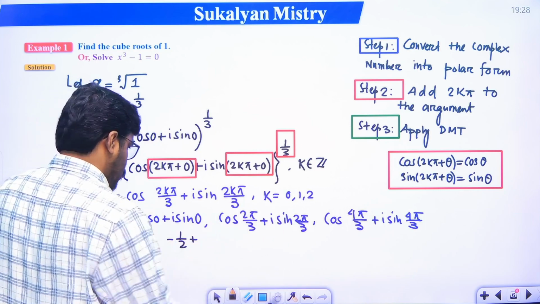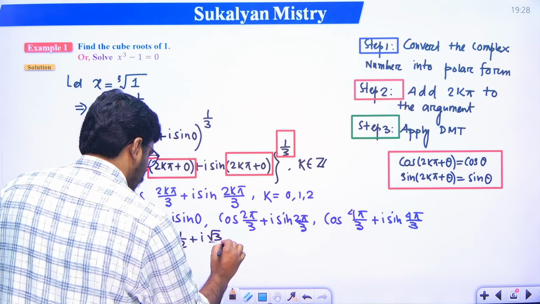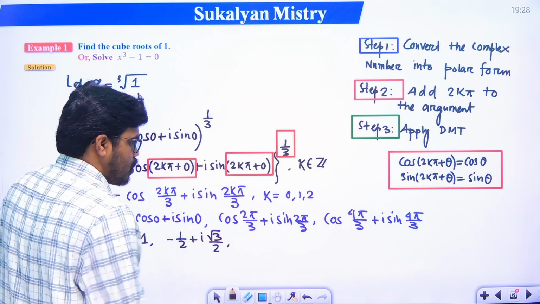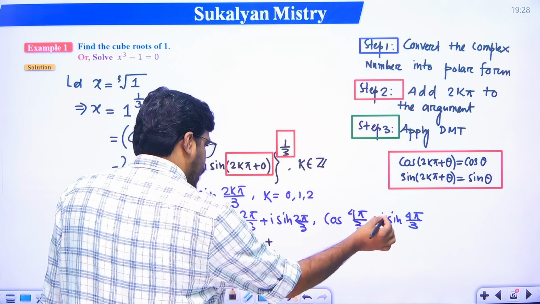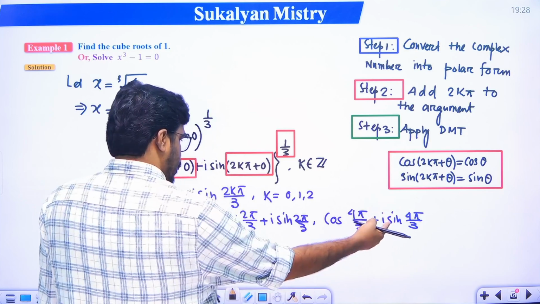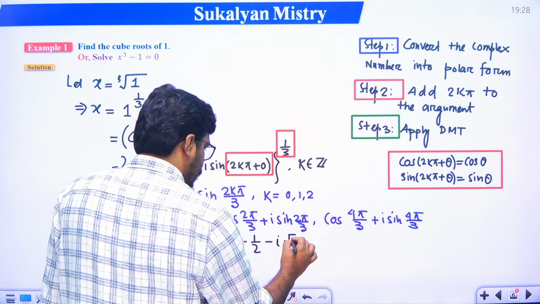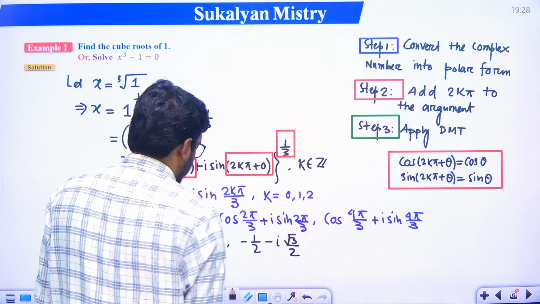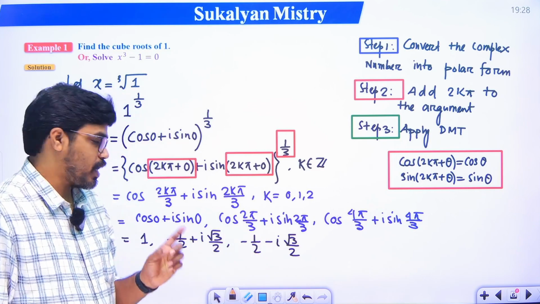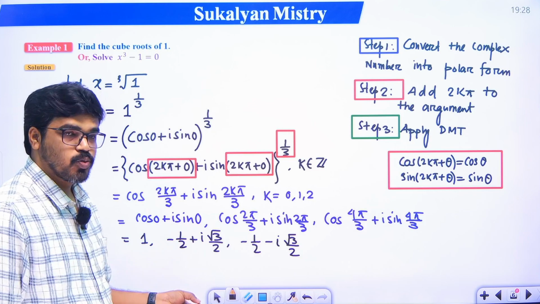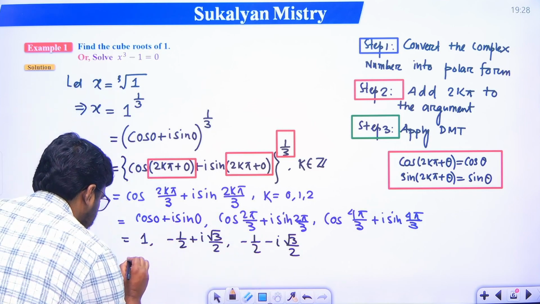Sin 2 pi by 3, that is root 3 by 2. So i. Cos 4 pi by 3, so this is minus 1 by 2. Sin 4 pi by 3, so this is minus root 3 by 2. So minus i root 3 by 2. You see, this is omega square. Omega is minus 1 plus i root 3 divided by 2, and omega square is minus 1 minus i root 3 by 2. So basically this is 1,